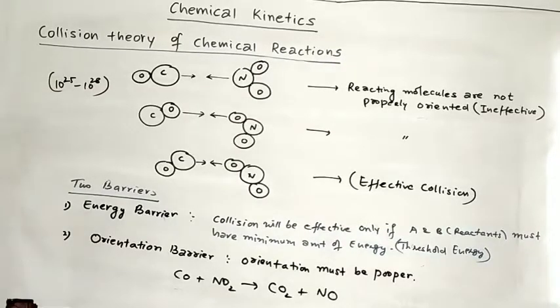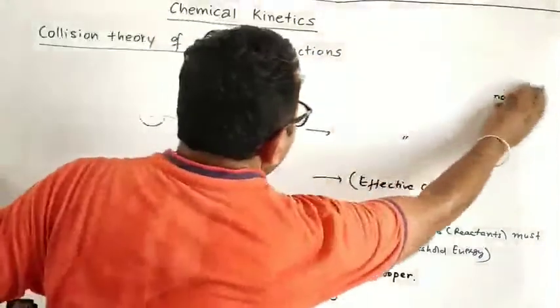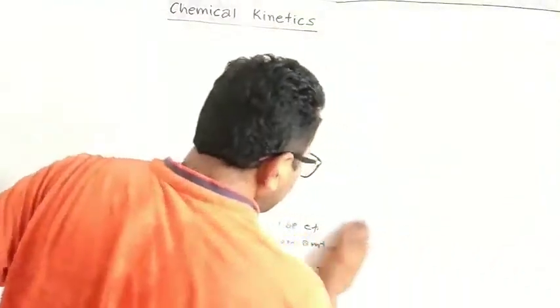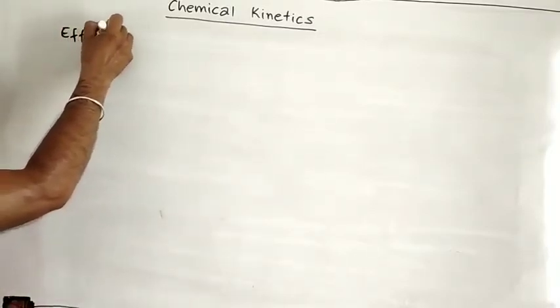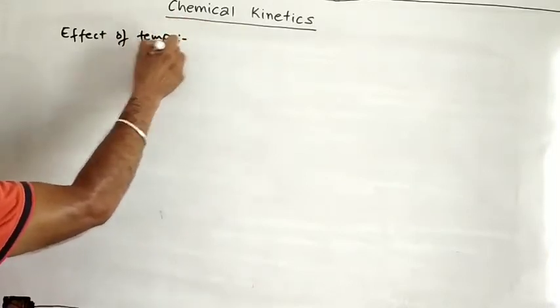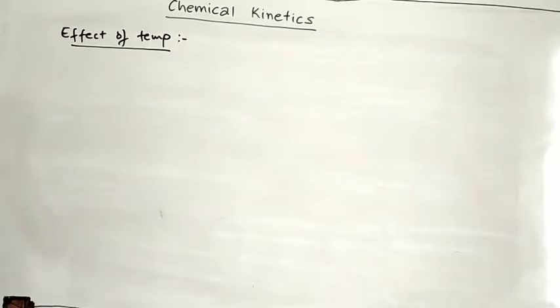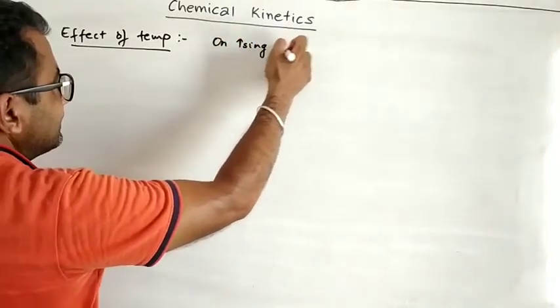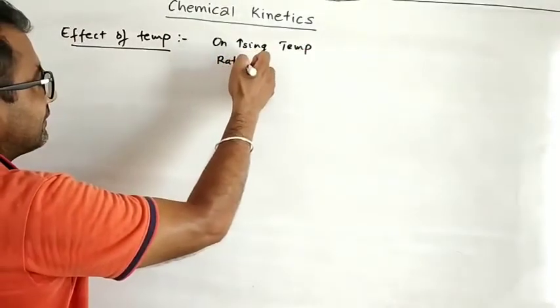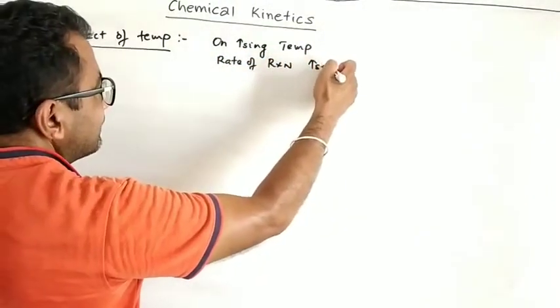Now next is the temperature dependence of rate of reaction. शुरू में हमने कुछ फैक्टर्स किए थे, तो उस फैक्टर्स में था एक टेम्परेचर का फैक्टर, नेचर ऑफ रिएक्टेंट था, कंसंट्रेशन ऑफ रिएक्टेंट था, अगेन टेम्परेचर था, उसके बाद कैटालिस्ट था। तो कंसंट्रेशन और ऑर्डर ऑफ रिएक्शन पढ़ चुके हैं। इफेक्ट ऑफ टेम्परेचर अब हम करेंगे। सो ऑन इंक्रीजिंग टेम्परेचर रेट ऑफ रिएक्शन इंक्रीज, सीधी सी बात। On increasing temperature, rate of reaction increases,